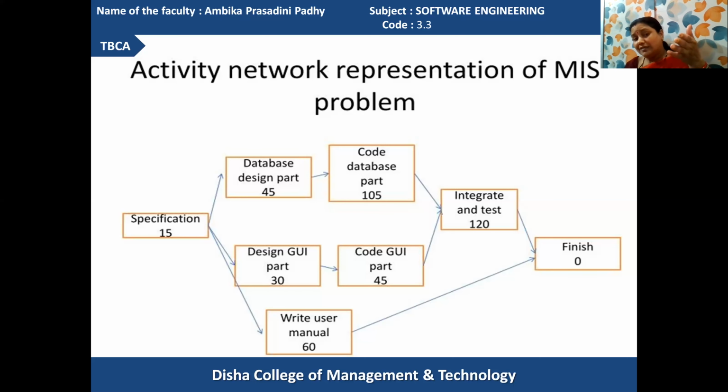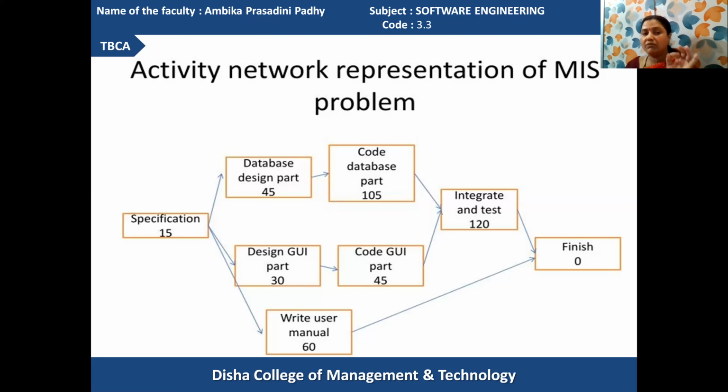And until your GUI designing and coding is over, your time still has to be utilized to integrate the coding information together and test it combinedly. It may happen that when the designing of GUI is over and coding of GUI is over, you have to wait till the integration of jobs starts. So in this manner, the critical path requires 15 days plus 45 days plus 105 days plus 120 days to be utilized for determining the critical path.